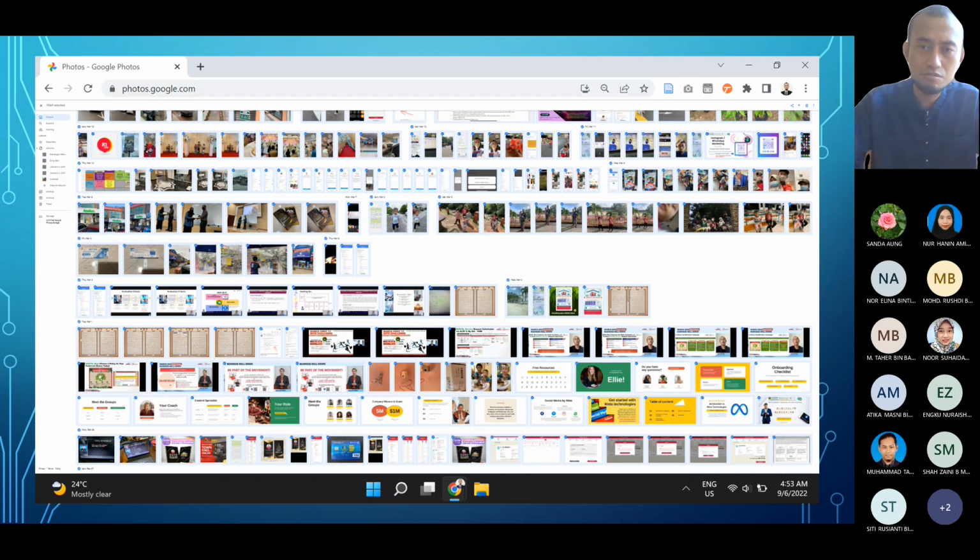If not, we have to scroll down, scroll up again, because we have to scroll like this. We cannot click Control A. We cannot select all like this. After selecting all the pictures, there is a button here. Click share, and then share with the Google account, and then